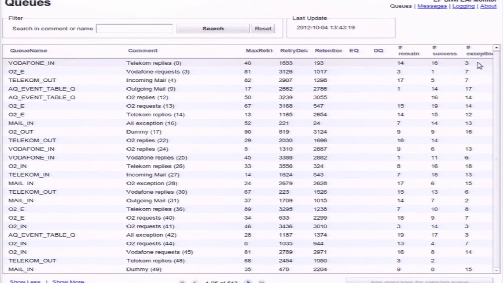Basically, the interesting thing is the number of remaining messages, because that's an indication that some processing is slow, or that there are other problems why these messages are not processed. So this is also something where I could add some monitoring. If this exceeds a certain threshold, then you would cause an alert or notify someone. And then, of course, you have these exception messages. Those are messages that actually could not be processed due to some kind of error. You can then drill down into those